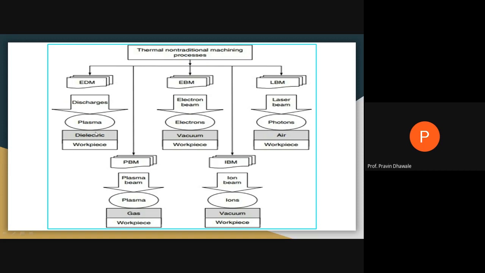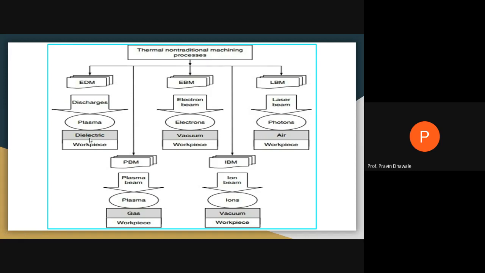If you are considering electric discharge machining as a process, we require the electric current, and that electric current will generate the plasma, and that plasma has a very high amount of heat. To complete that circuit we require the dielectric fluid, and it will be circulating over this workpiece. So in case of electric discharge machining, you require the dielectric fluid,